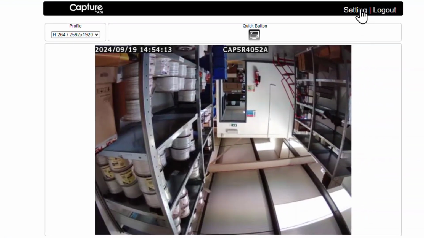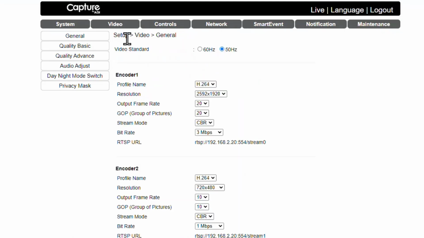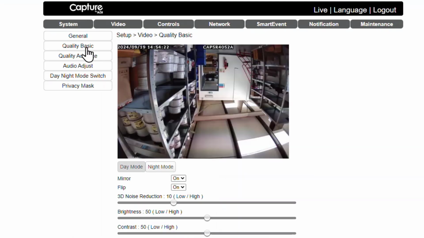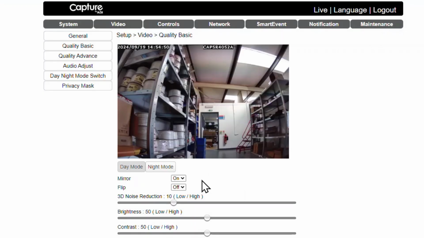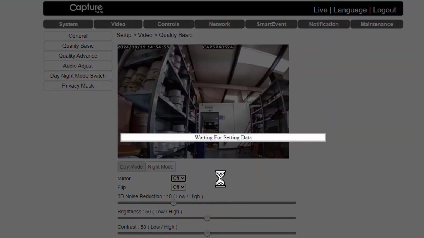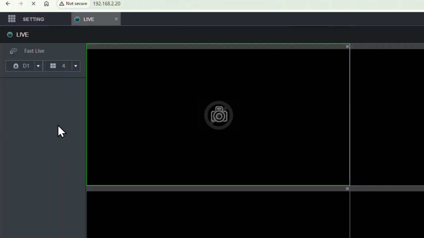And now we're going to go over to the settings, and we're going to go to video, quality basic, and then we're going to flip it upside down, and if we need to mirror it, we can also mirror it as well. And actually change the orientation of the camera, and again, if I was to go back to live view, we'll see that the second camera is now the right way up.